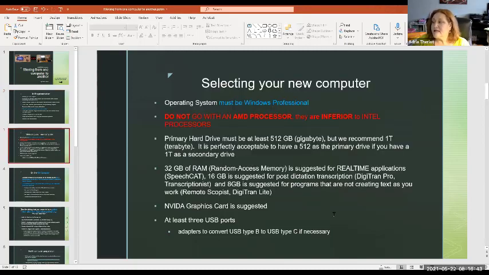So let's talk about selecting the new computer. We've been through this, but I'm just going to hit the main things again because it's important. Your operating system must be Windows Professional. It can be 8.1 or 10. We have been saying that it could be Windows 7 as well, but Windows 7 is no longer supported by Microsoft. And so you cannot get Windows 7. So if you have it on a new computer, chances are you didn't get it in a conventional way. You might have taken it from an old disk,